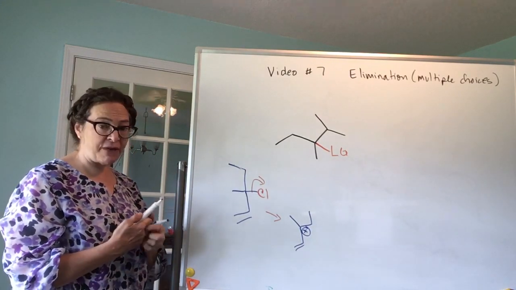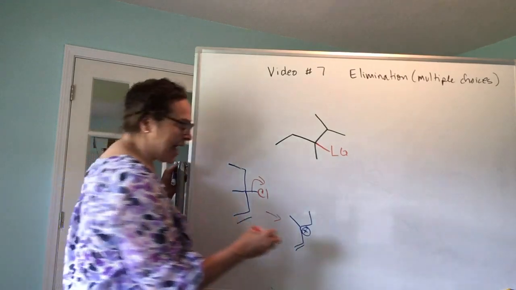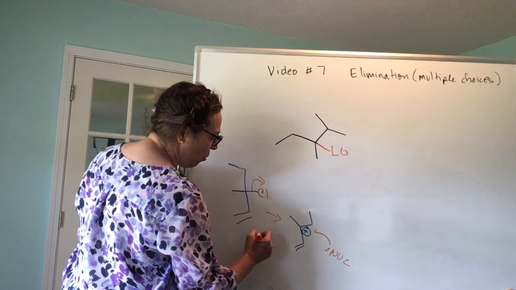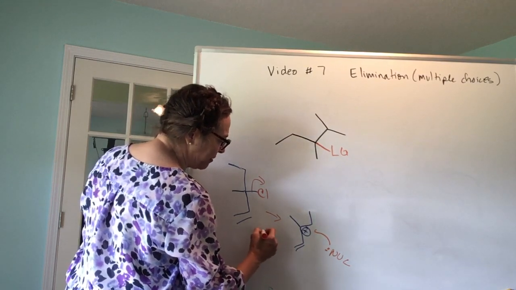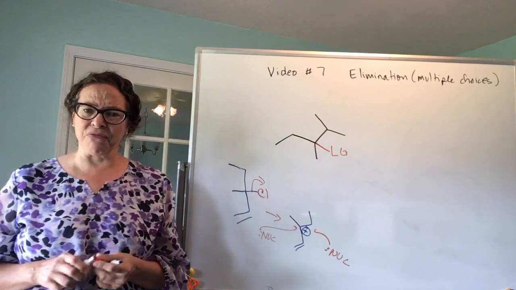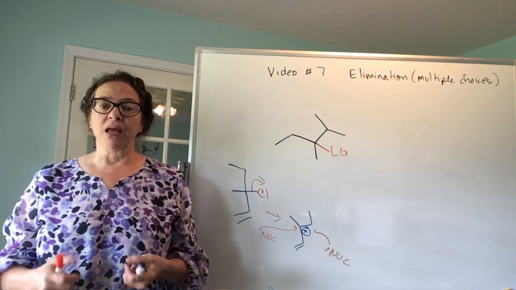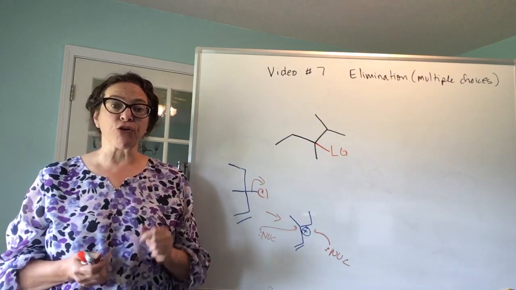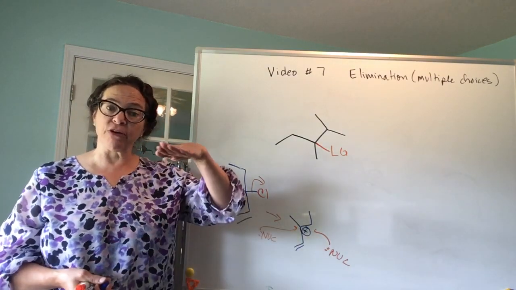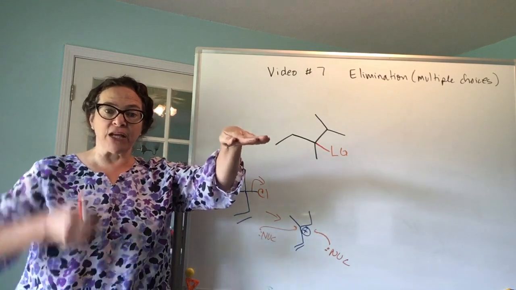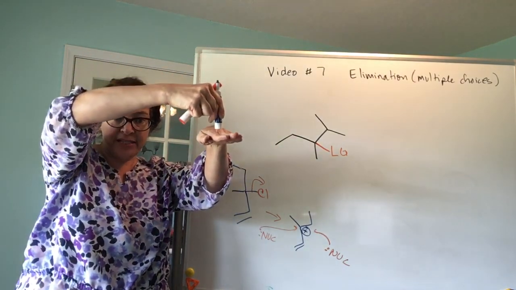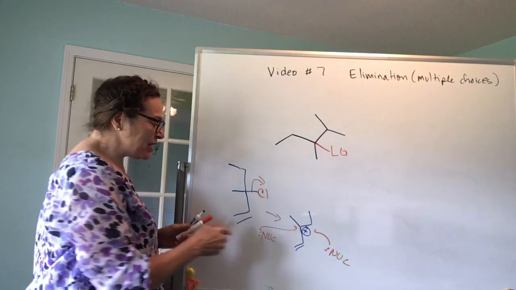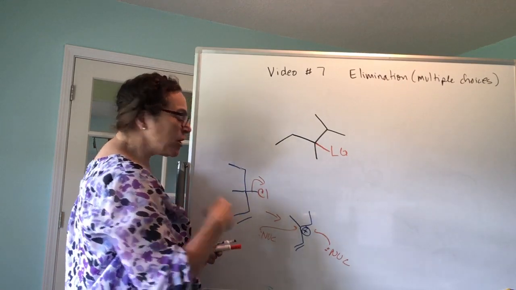Now, when the nucleophile adds, my nucleophile could add from this direction, or my nucleophile could add from this direction. Why is it that the nucleophile can add from two different directions? Because it doesn't require a back side anymore. A carbocation is trigonal planar. Something that is trigonal planar is flat. When something is flat, a nucleophile can come from this direction and attack it, or the nucleophile can come from this direction and attack it, which means that the product of this reaction is going to be a mixture of